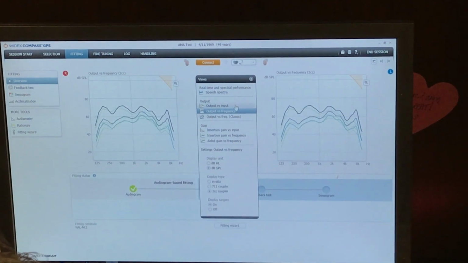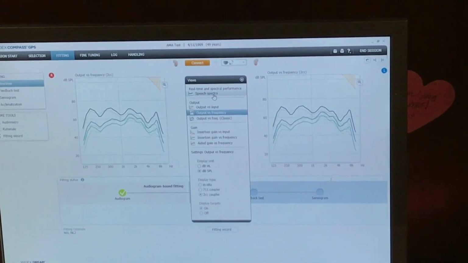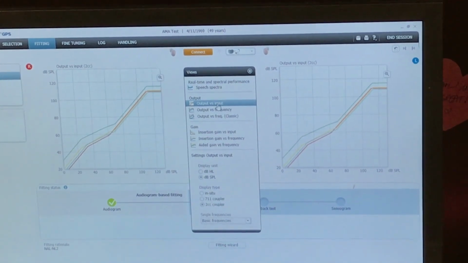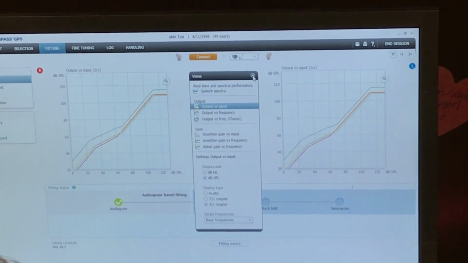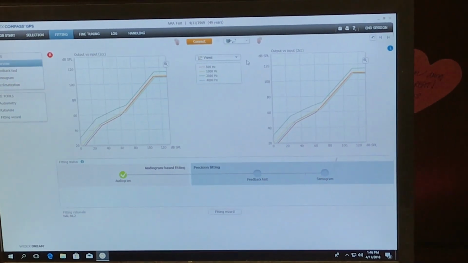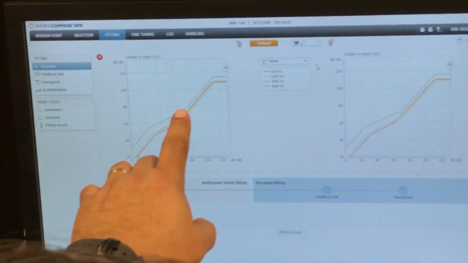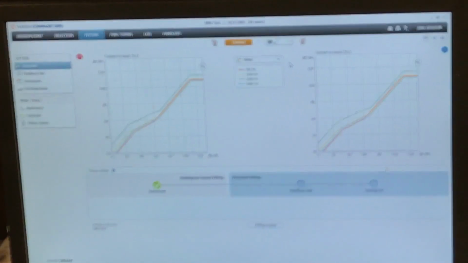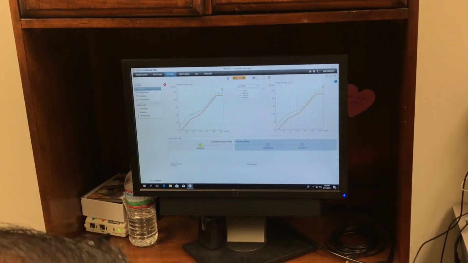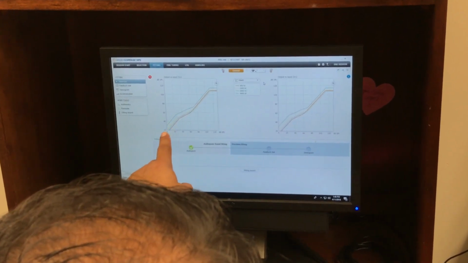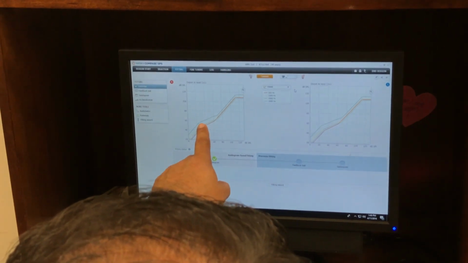Okay? So now I want to go in and I'm going to look at the spectrum. Okay, we looked at that. Here's my input-output curve. Now look what happened. Wow. So I've got 1 knee point, 2 knee points, 3 knee points. So this is almost curvilinear. And that's cool to me. You know why? Because here, I've got my cochlear amplifier, I'm cutting it